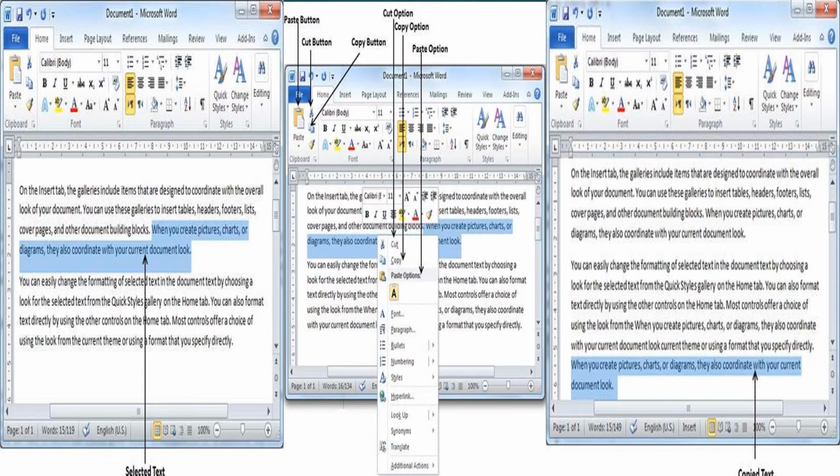Next, here we are having the various diagrams regarding how to select the copy and paste options. So here first we are selecting the text in the first slide, first picture. Next, we are using the right click. We are in the copy and paste options, and the fourth we are selected. We are observing the copy text.